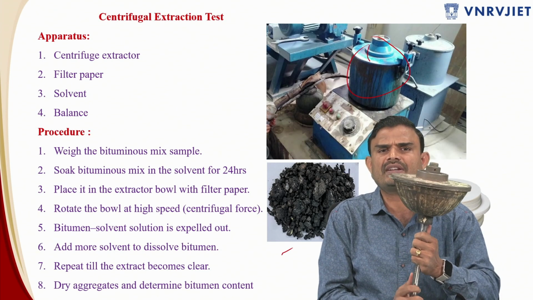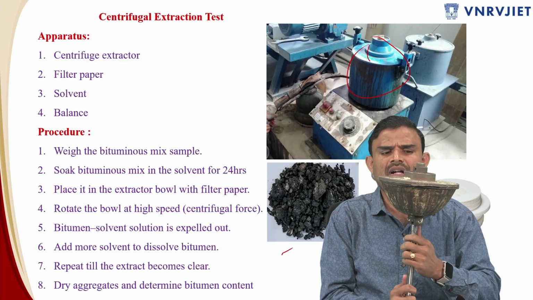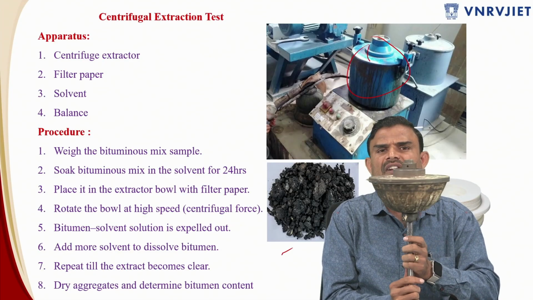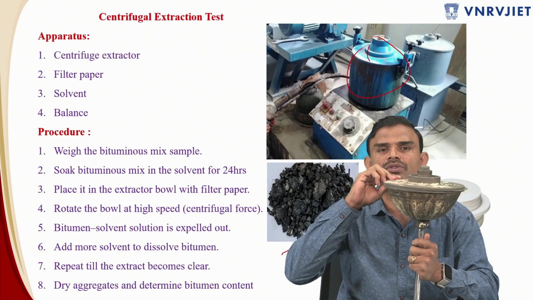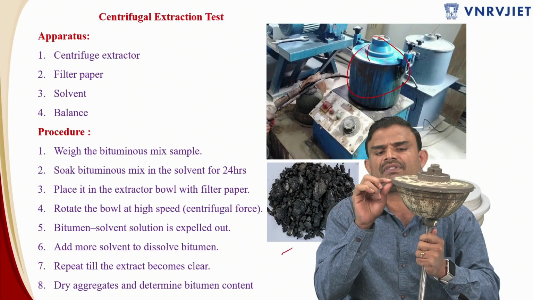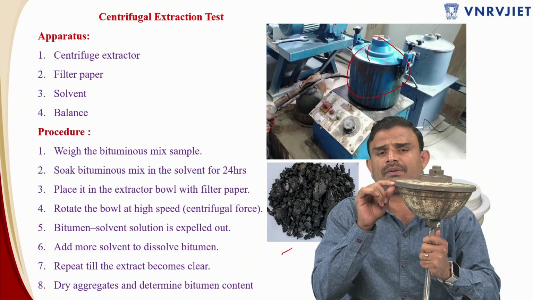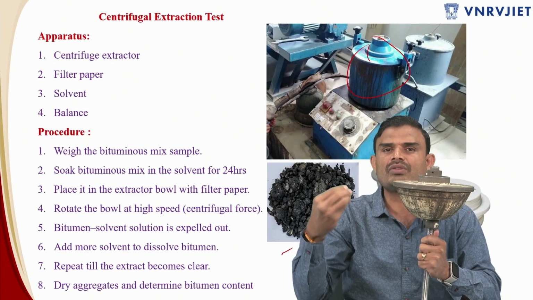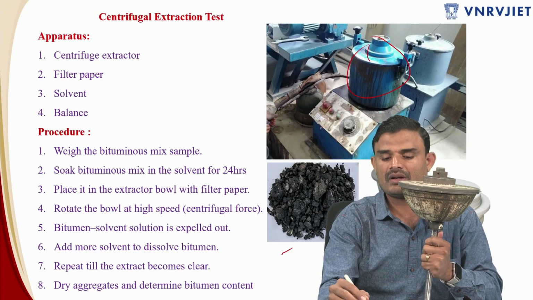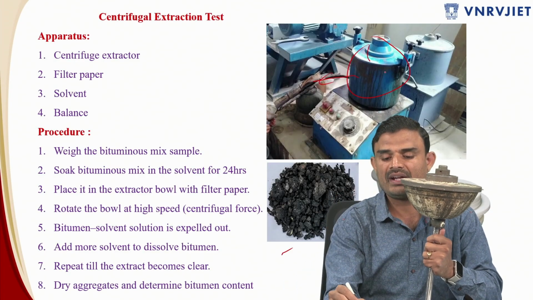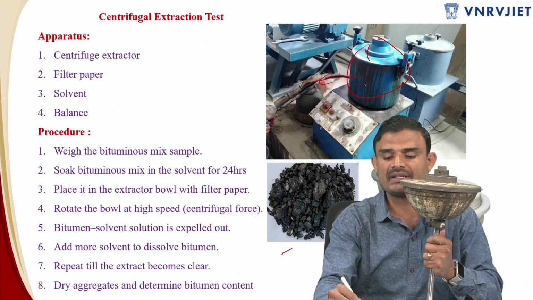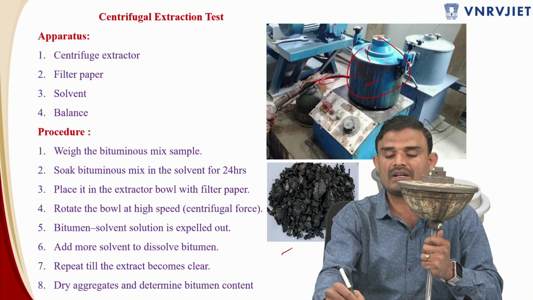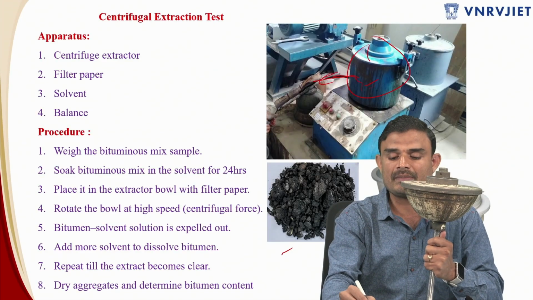And after that, once you start this apparatus, switch it on, there will be some centrifugal force generated, and this will be subjected to some revolutions like this. As a result, the bitumen along with the solvent which has been soaked for 24 hours will be expelled from this and will come outside of this through this exit pipe. It will touch the cylindrical drum over here, come to the bottom of the drum,